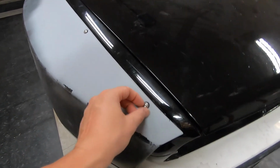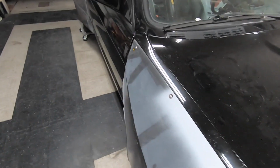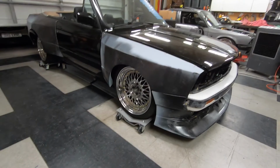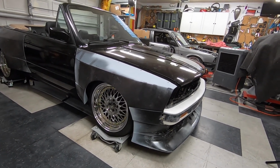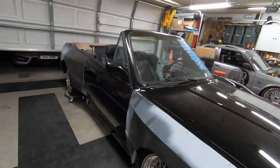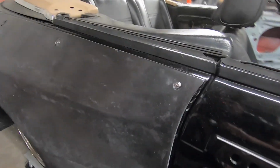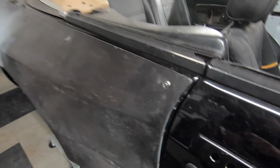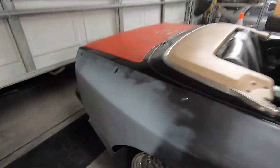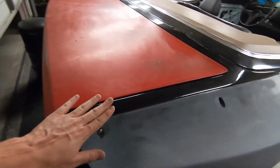So I'm going to go through and remove the rubber. Actually hard mounted the fender in the rear, but front fender fully attached. Looks wild. That valence, the whole thing just looks amazing on here. But the rear is now officially attached as well. Like I said, I removed the rubber from these screws. Don't know why that thought took me a minute, but either way, this thing is nice and tight,